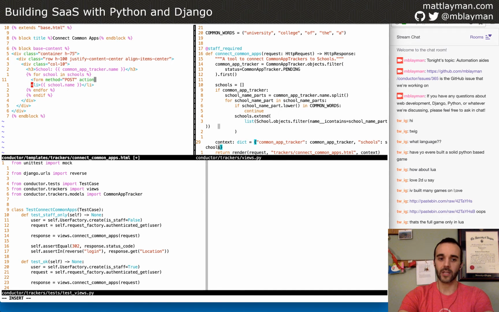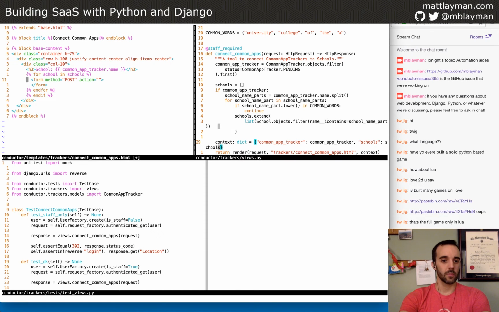And the action, I'm going to say, is an empty string. And so what that's telling the browser is when it comes time to do the post request, use the same URL that you're currently at. So that will put us right back into our Connect Common Apps view that's on the right side there. And we want to close off our form like that.